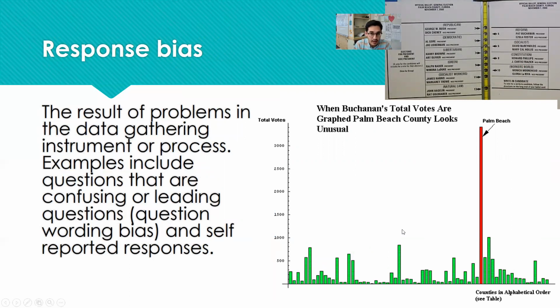All right, so this next one is titled response bias, and we're going to break it up into two parts. The first part says the result of problems in the data gathering instrument or process. All right, and we're going to tie this back to another election result. This is the 2000 election. So this was Bush versus Gore, and it really came down to some votes in Florida that determined the